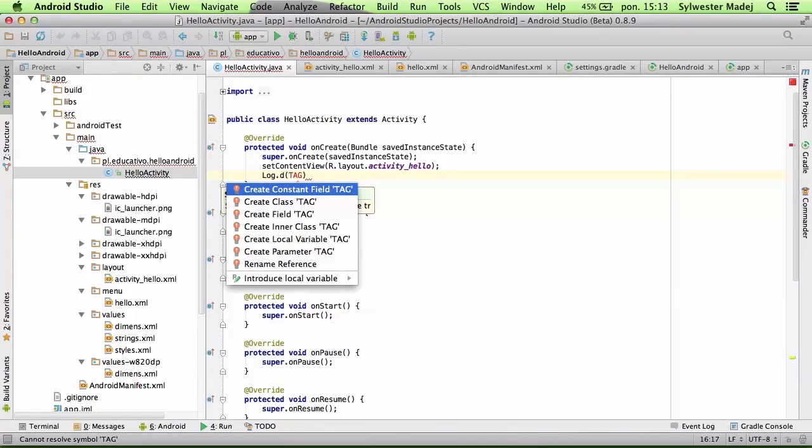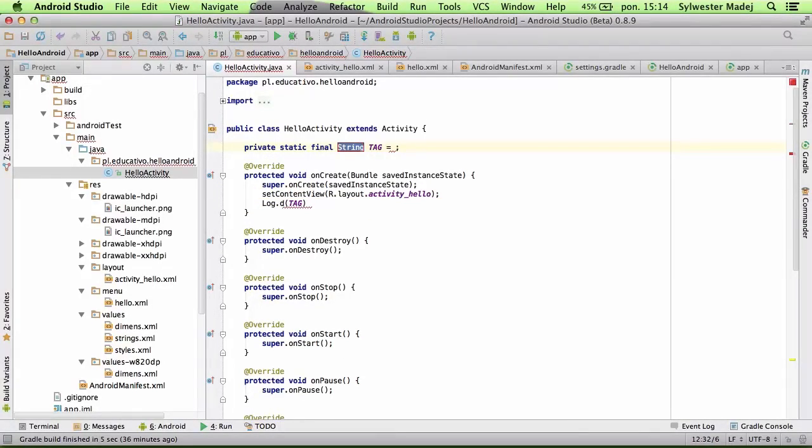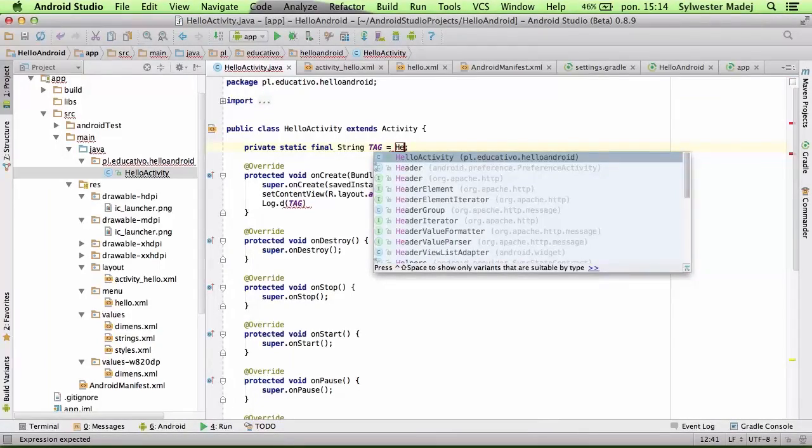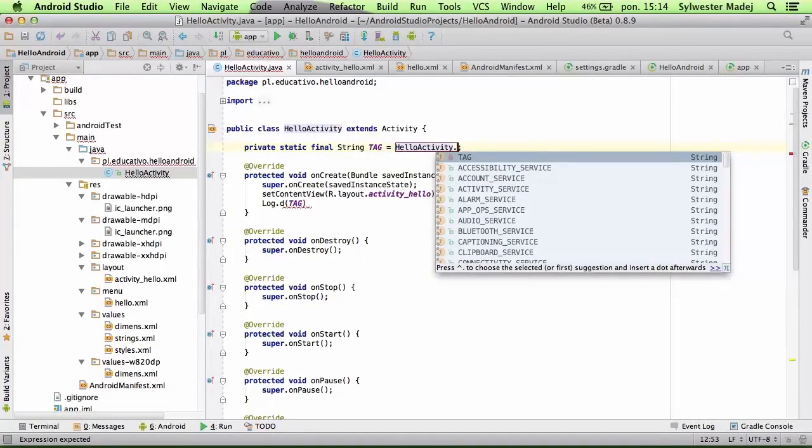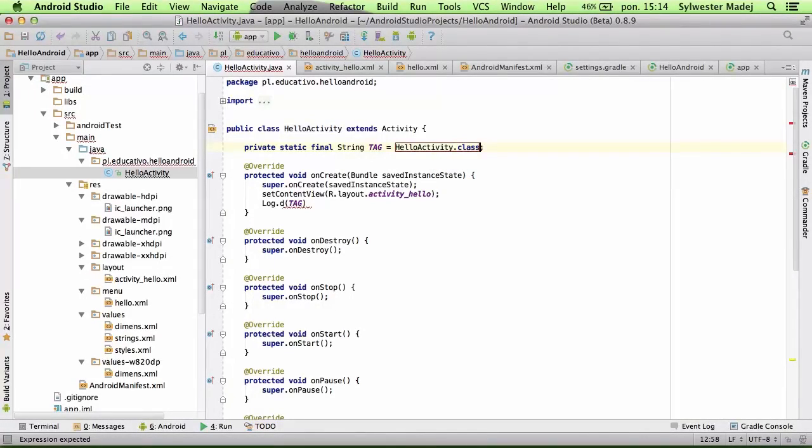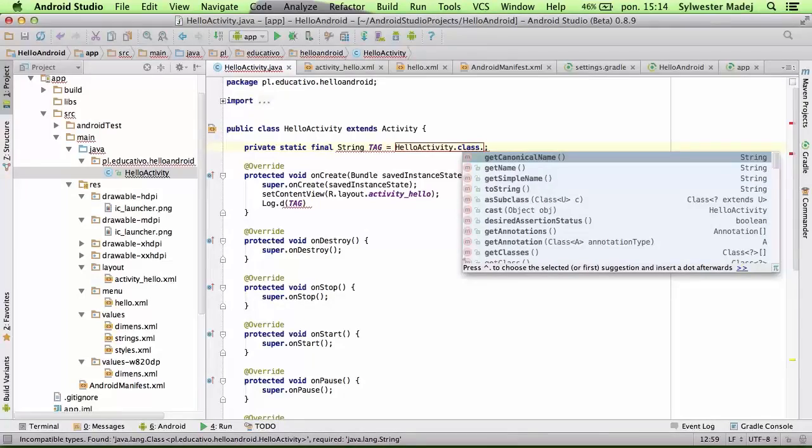In Android Studio, there is a very useful keyboard shortcut, Alt-Enter, which is responsible for solving problems. After writing the name of the TAG variable, Android Studio recognized that there is no such thing and helps us solve this problem. The default situation is creating a static field, especially a private static final field. We can enter any string to a constant, but more often we enter here the name of the class we're in and call an object of the